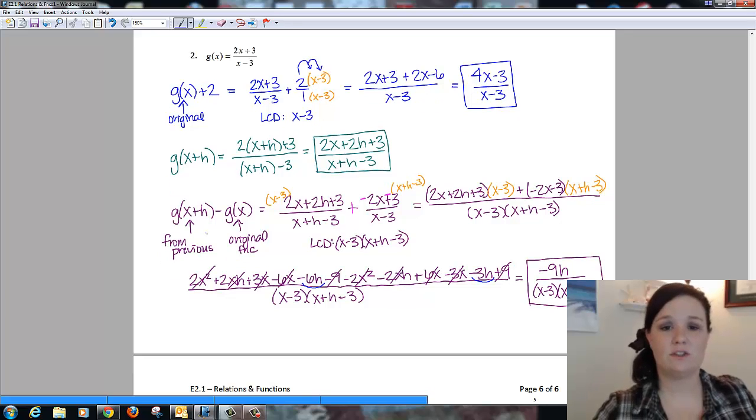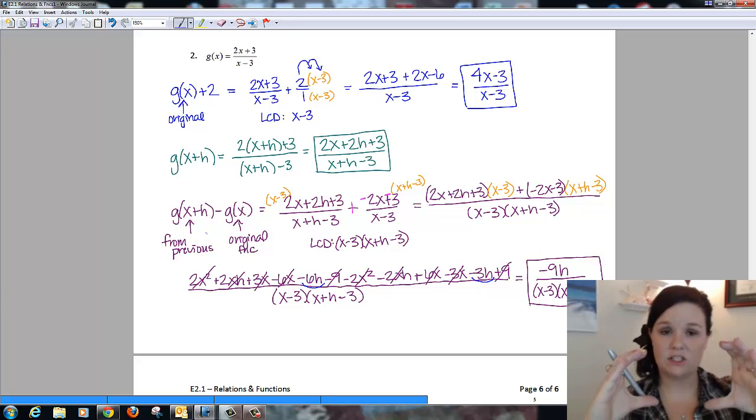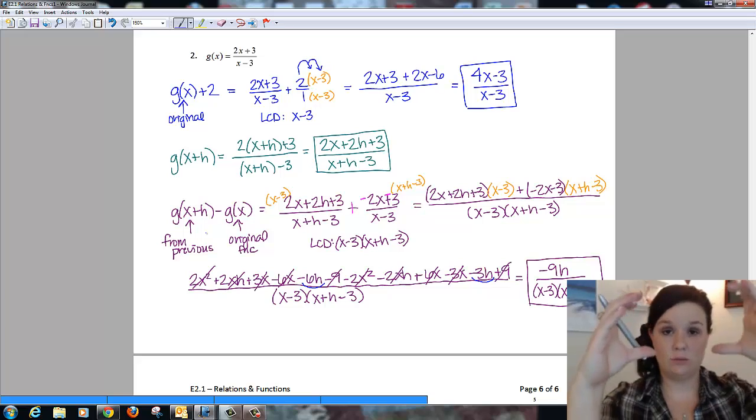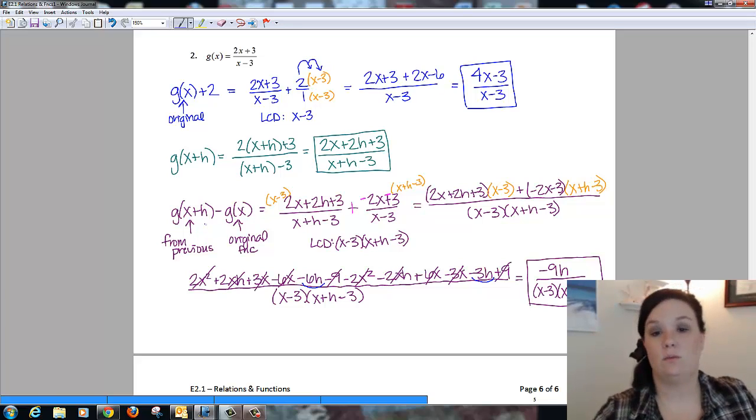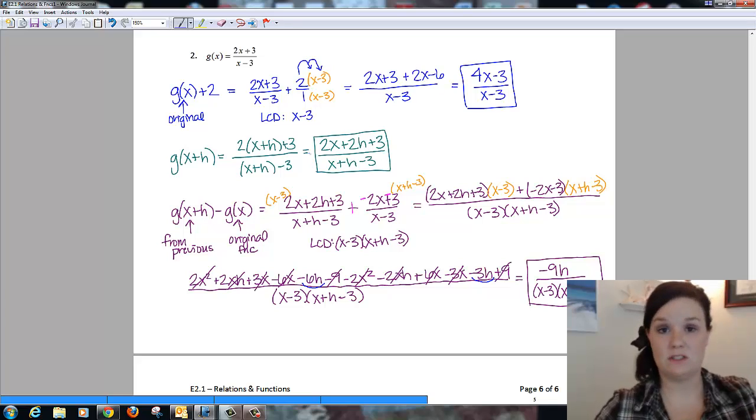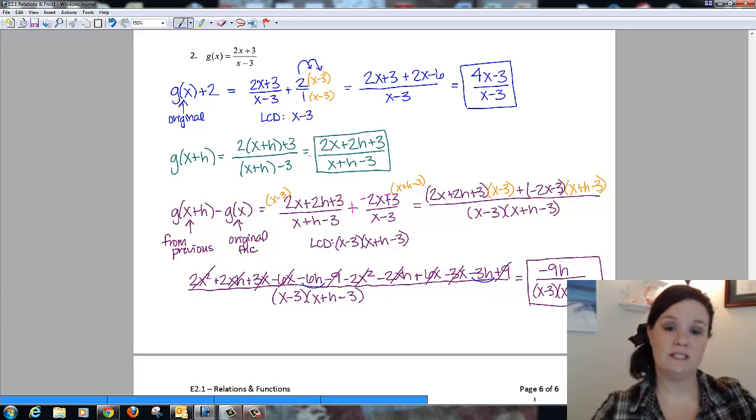The second one in that turquoise color, here we're plugging in for our input, so we're putting that quantity x plus h everywhere we see an x, in the numerator and the denominator, and then we just distribute. So I get 2x plus 2h plus 3 all over x plus h minus 3. It's already one fraction, so there's no common denominators. We're done. For the purple part, just like before, the g of x plus h we did in the previous